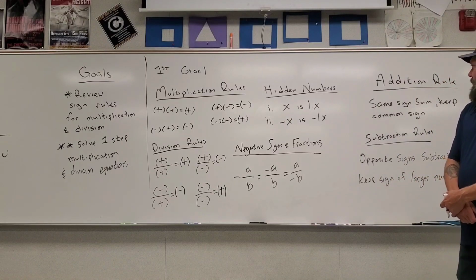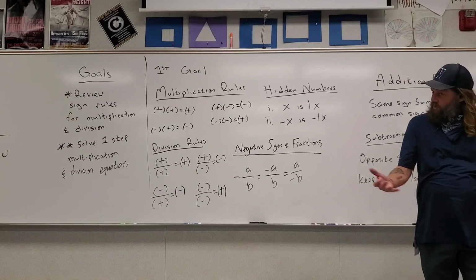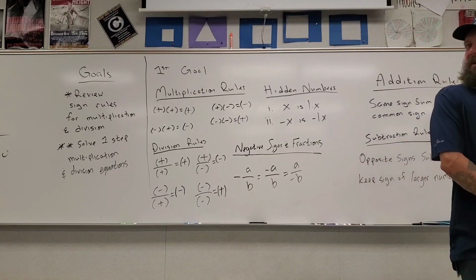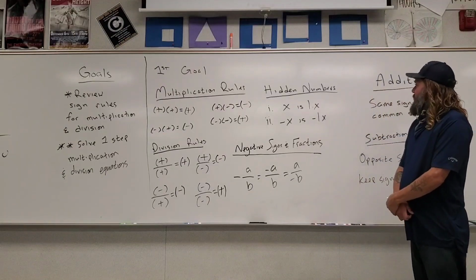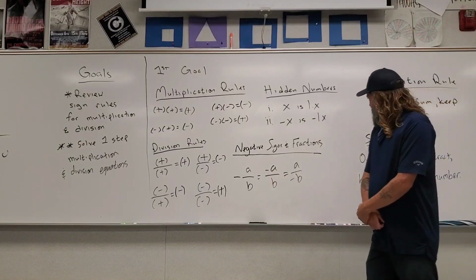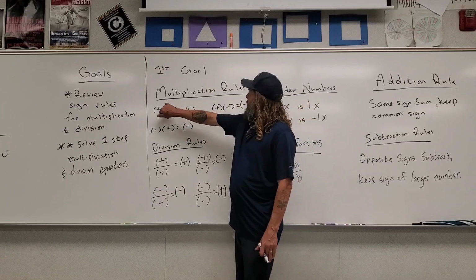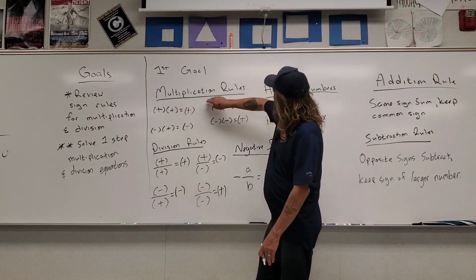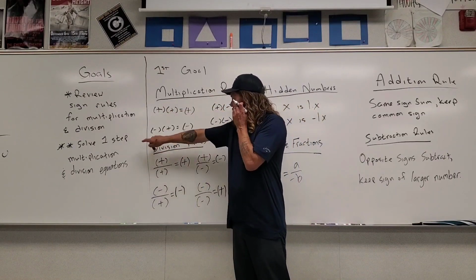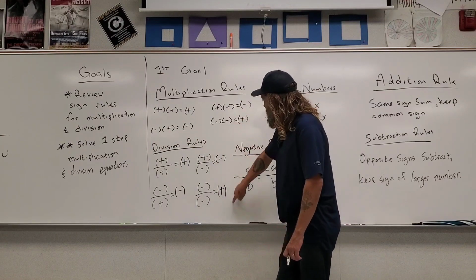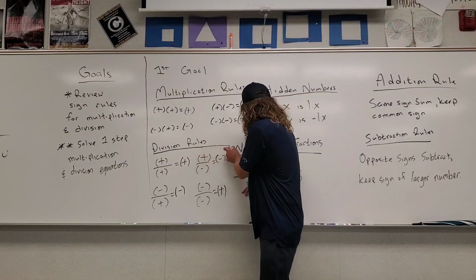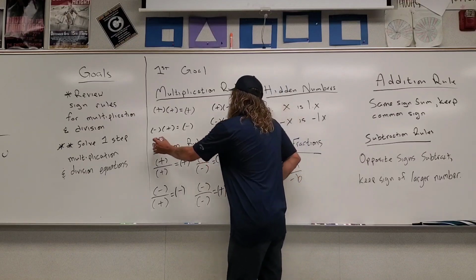So those are going to be the basic rules. There's a couple other things I want to add to this cheat sheet that I think are good to add at the beginning of the school year. The next thing is going to be hidden numbers. Now, as you're writing your cheat sheet, I would do what I have, where I write the concept and I underline it. Some students I've seen have actually boxed in concepts,